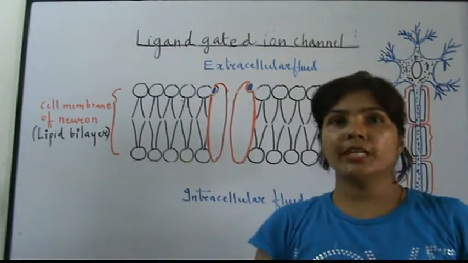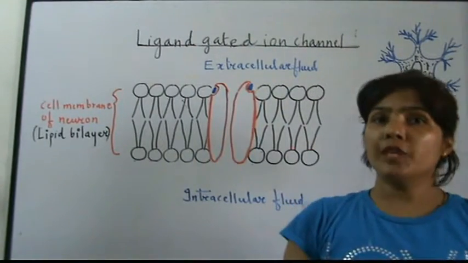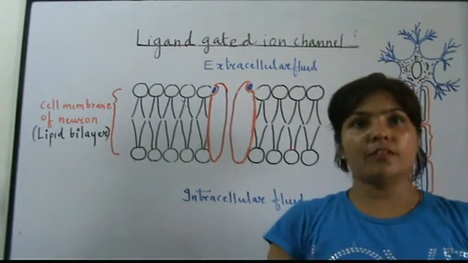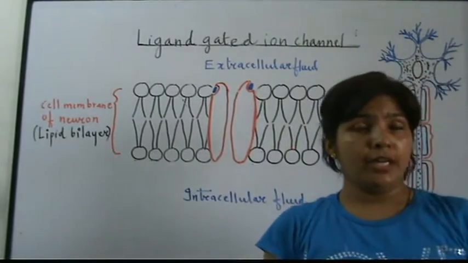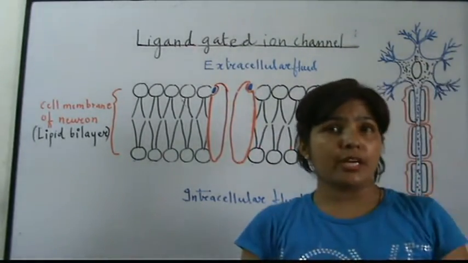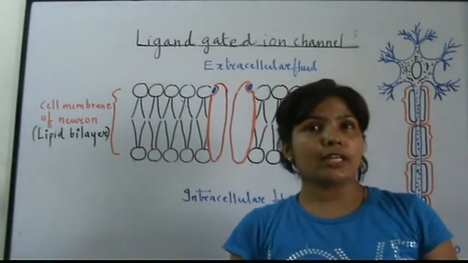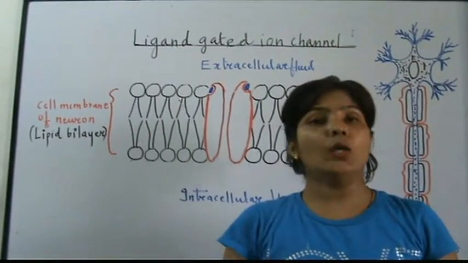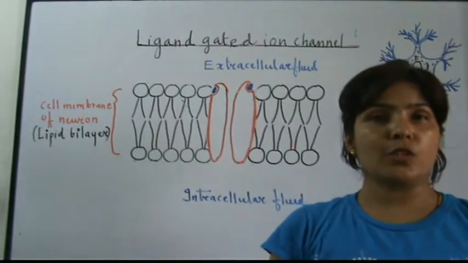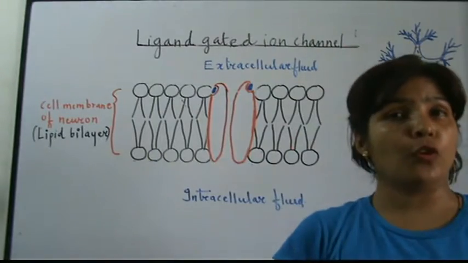So let's do a fast recap of all the ion channels that we have studied across the membrane of neuron. The first that we studied was sodium potassium pump. The sodium potassium pump is an ion channel which uses the energy of ATP. Do remember, it pumps 3 sodium ions from within the cell to outside the cell and 2 potassium ions from the extracellular fluid to the intracellular fluid. The second ion channel that we discussed was passive ion channel or leaky ion channel, through which the specific ion keeps leaking down the concentration gradient. Yes, it is a passive ion channel, so it doesn't use the energy from ATP.